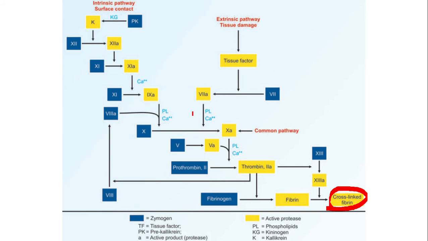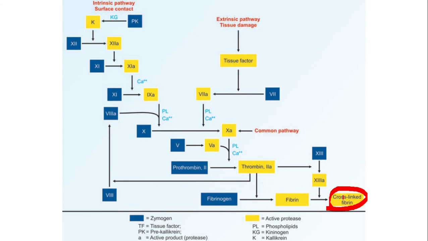So all these inactive molecules or factors are already present in the blood. But still coagulation does not take place. Why? They are not activated. They become functional only upon an injury. This is how the body is regulating that blood coagulation is taking place only when it is required and only where it is required.